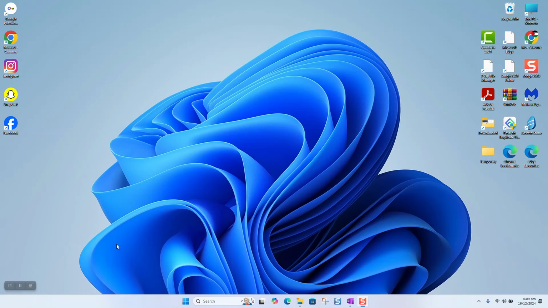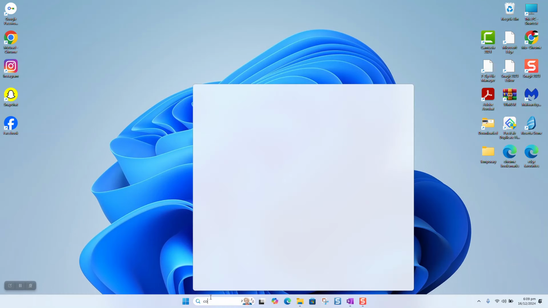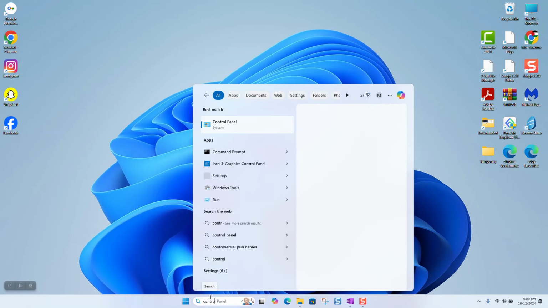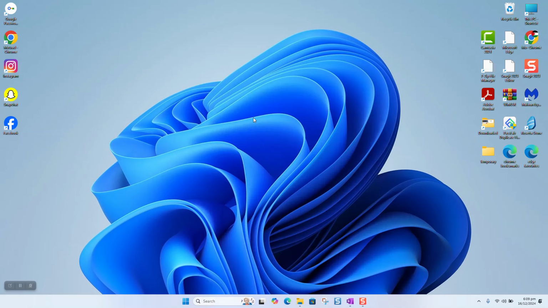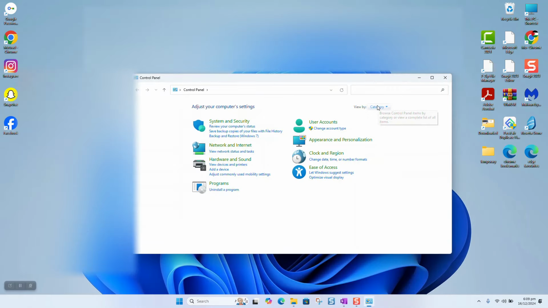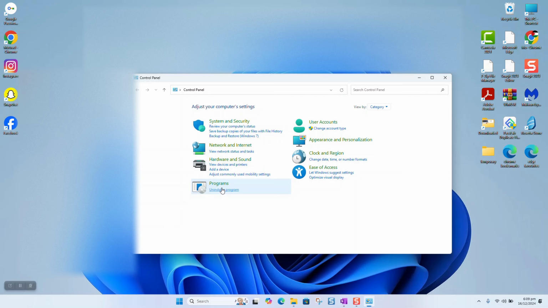If after this method it still didn't work for you, go to your search bar and type Control Panel and click on Control Panel to open. As a next step, you can change View By to Category so that you are able to follow along with this video. Next step, click on Uninstall a program,